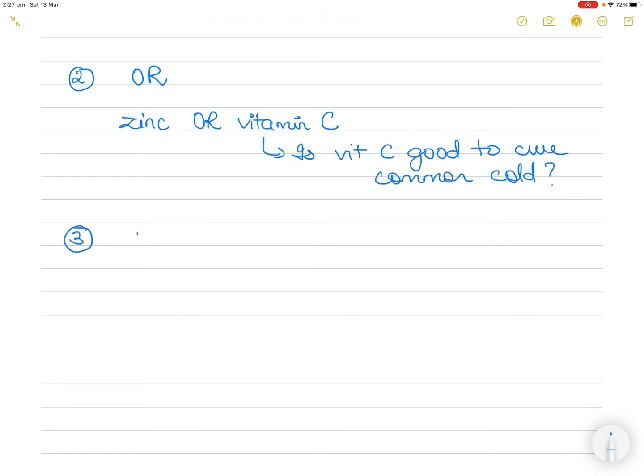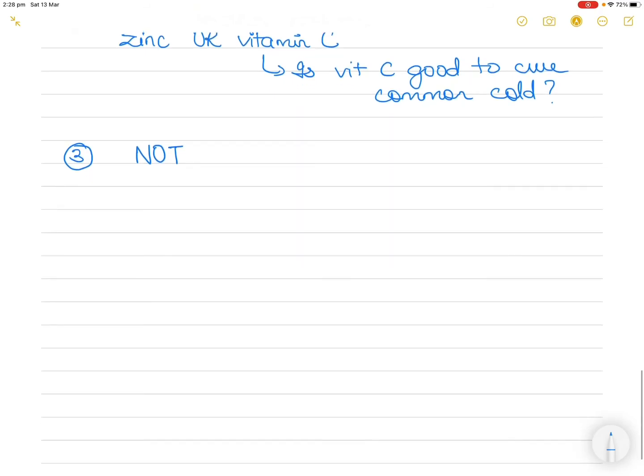The third Boolean operator is the word NOT. All right, so again, if we go back to the example, are antibiotics good to cure the common cold, let's say in children, or not in children, in adults? Let's say, are antibiotics effective to cure the common cold in adults? So you don't want to research children or the effect of antibiotics on children. So what can you do? You can type the word antibiotics and then use the word NOT and then children.